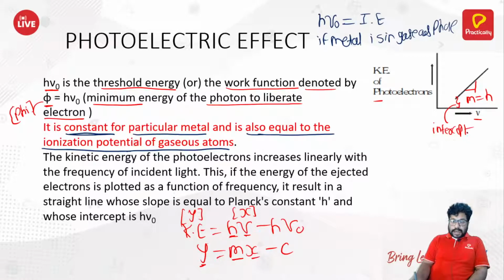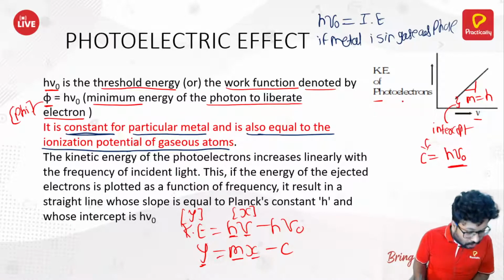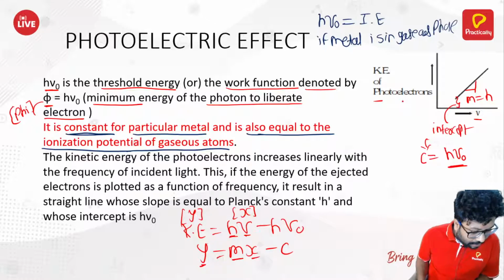If you know the straight line equation, your intercept is equal to c, and it is equal to h nu 0. So if you plot the kinetic energy of photoelectron,